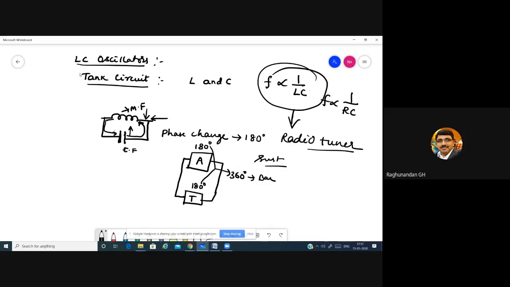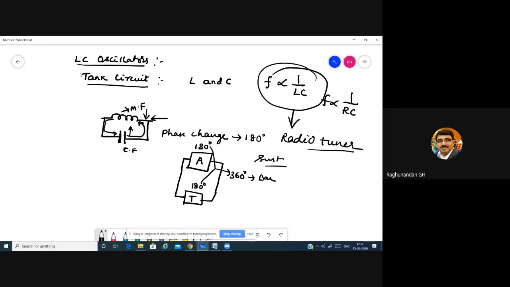Okay, this is the mechanism. This LC is the mechanism used in tuners. By properly adjusting the inductor and capacitor value, we can set a particular frequency. In the majority of places where we talk about tuning of frequency, we will be going with an inductor and capacitor connection. When you have an inductor and capacitor connection, you can easily tune to a particular frequency. So that is what we have done in the lab also.